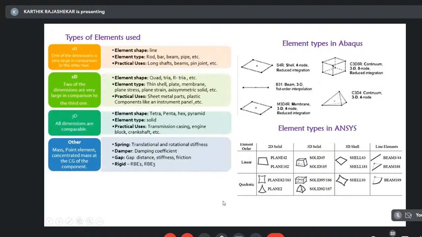Along with these, you can also see an element order, which is quadratic. Here you can select solid 186 or solid 187. As the element order increases from linear to quadratic, the accuracy of the result also increases. These are the different types of element types used for your analysis. Depending upon the type of analysis you do, you need to select your element type accordingly. If I take a one-dimensional element, say for example,